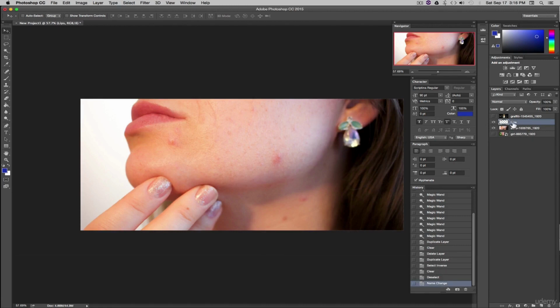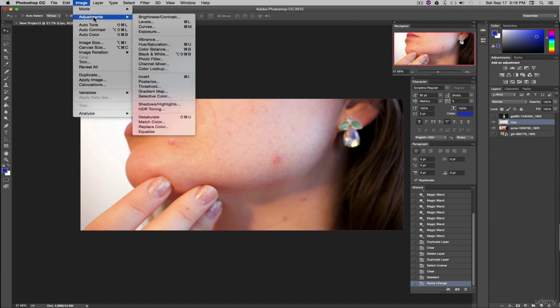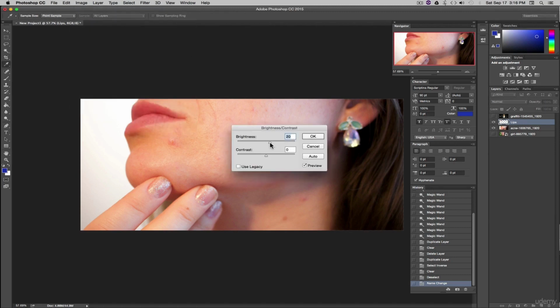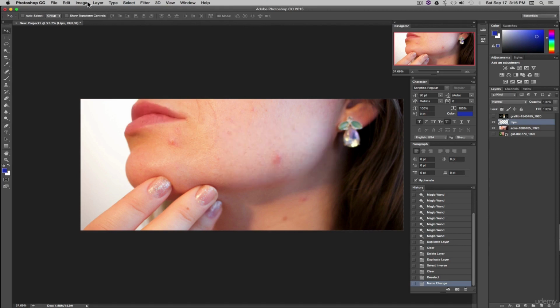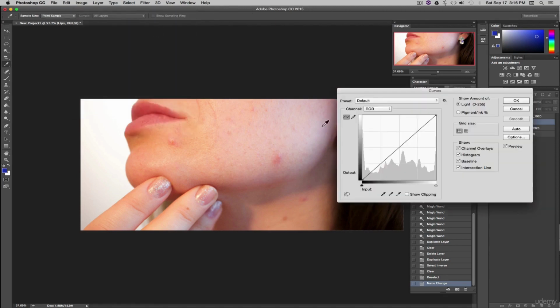Now with just the lips layer selected, we can go to Image, Adjustments, and then we'll have a whole bunch of options here that we can affect just this single layer with. Okay, so we can go to, for example, Brightness and Contrast. And if we brighten it up, you'll see that it's just the lips, or contrast. So, okay, we'll go to cancel, go to Adjustments, so we can go to Curves, for example, and then